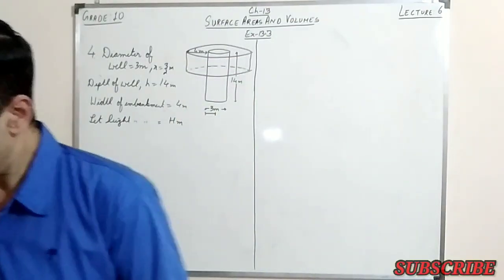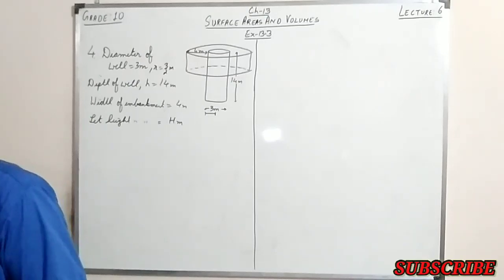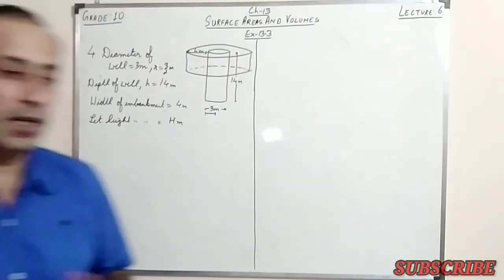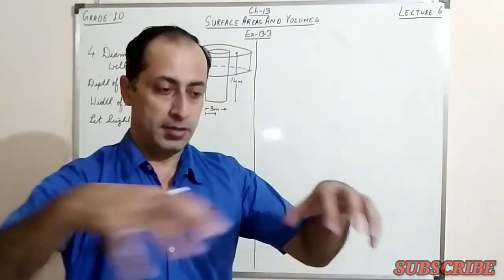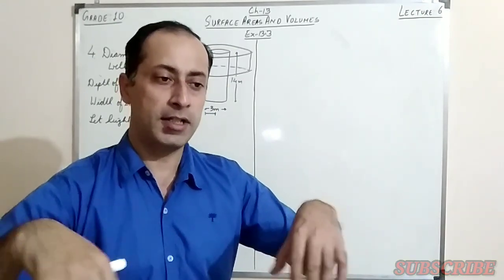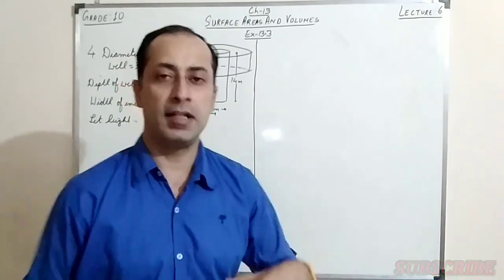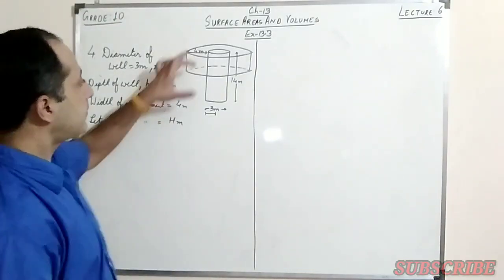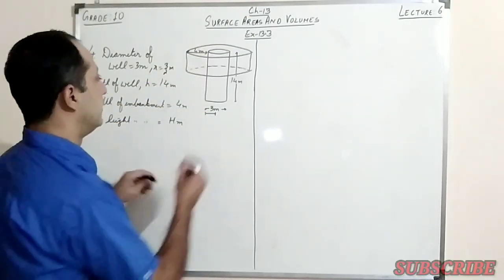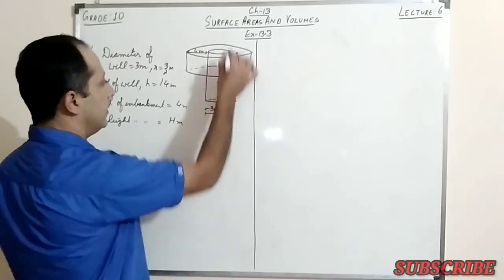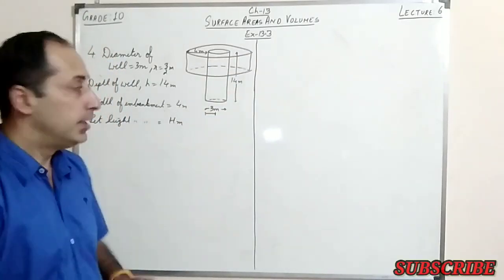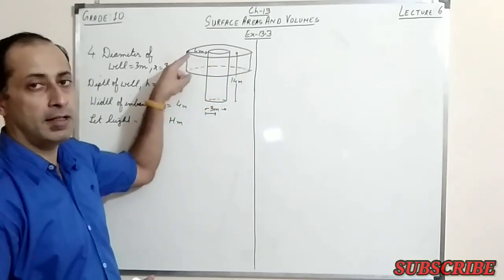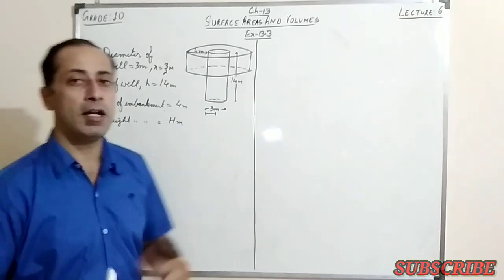They say the earth taken out of it has been spread evenly all around it in the shape of a cylindrical ring. Now whatever the earth is taken out, it is distributed, we can say put up outside the cylinder, evenly. So it is spread around. You can see, suppose this is the well. The depth is 14 meter and the diameter is 3 meter. The earth which is taken out is put up here. This is the cylindrical ring. This is the embankment, cylindrical embankment around the well.